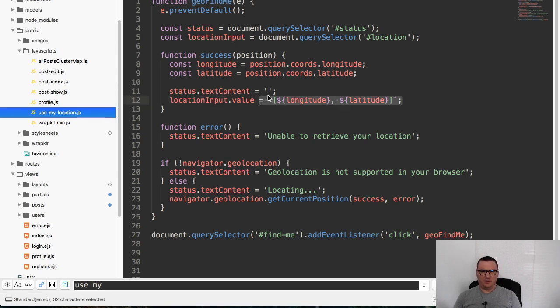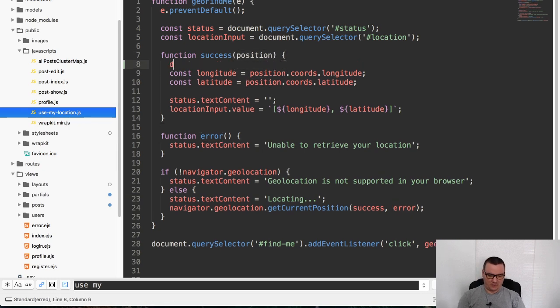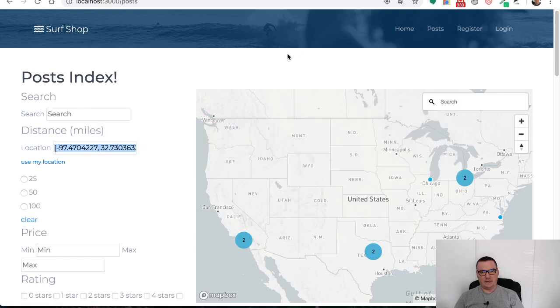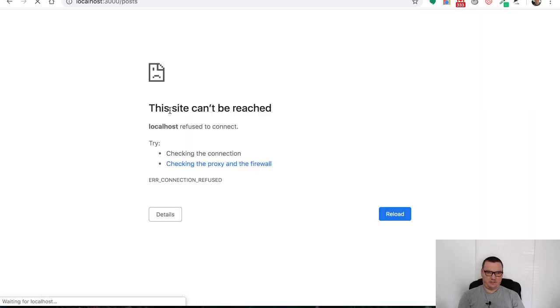becomes this right here. And so this right here, add event, when you click, it runs geoFindMe, which is this. And then this right here, navigator.geolocation.getCurrentPosition, is a function that's run from this navigator API, and this success function gets invoked if it's successful, and then the error function gets invoked if it has an error. And so we have access to the position. And so at this point, we just want to throw a debugger in there and hard refresh on this page,